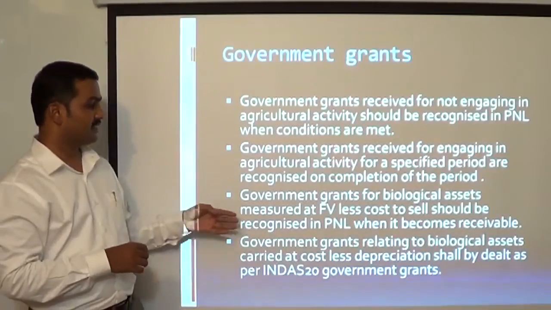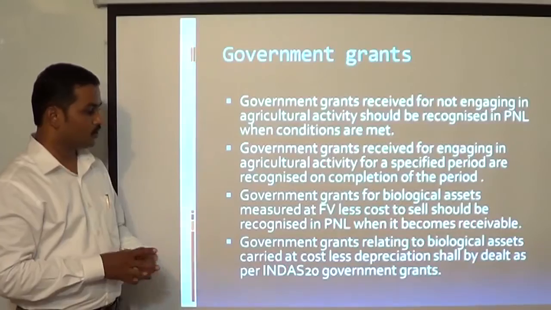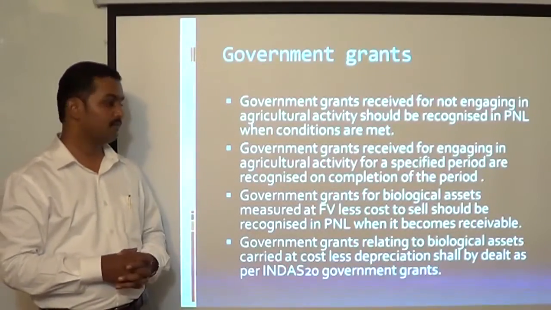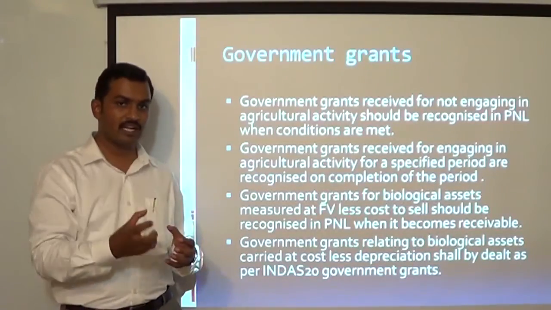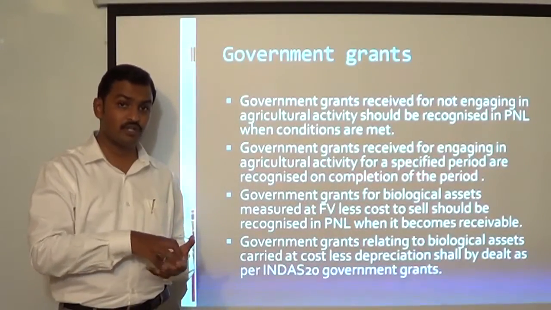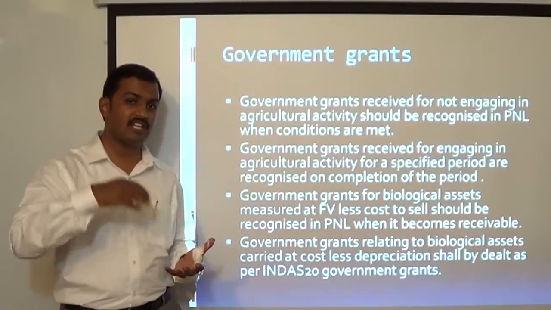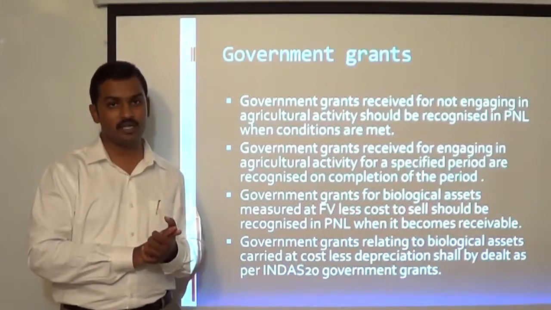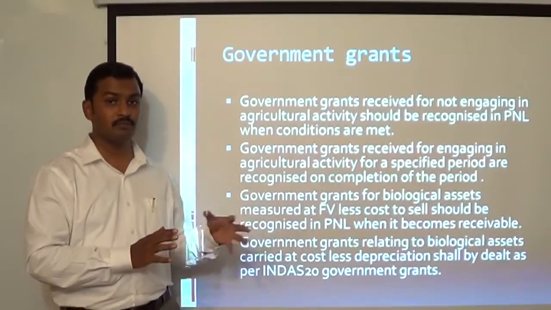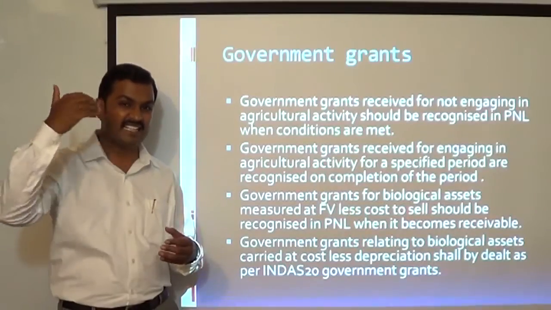Okay. Then government grants for biological assets measured at fair value less cost to sell should be recognized in P&L account whenever they become receivable. So when you are receiving government grant for a biological asset which is measured at fair value less cost to sell, in such cases once the government grant becomes receivable, you have to immediately recognize the entire government grant in P&L account, which is little different from government grants related to depreciable assets, okay, where we follow the deferred income